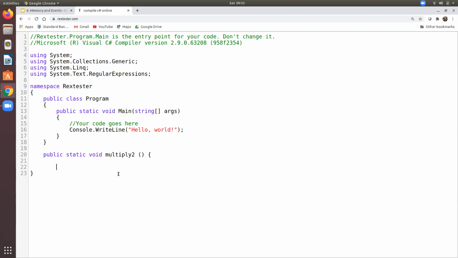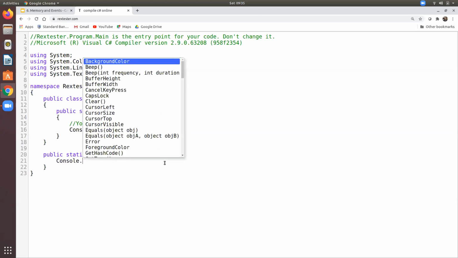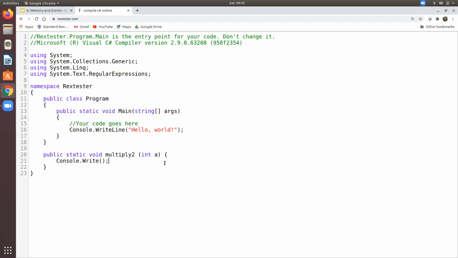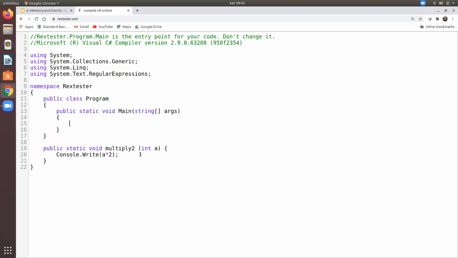Okay, very simple method. All this is going to do is take in an integer called a, and it's going to output 2 times that number. So Console.WriteLine a times 2. Okay. So when I use this, you can see I can go